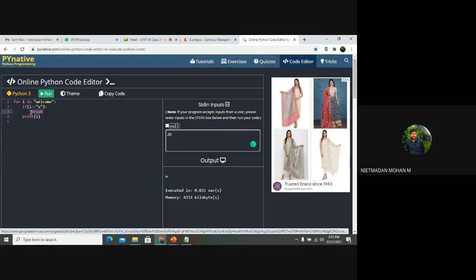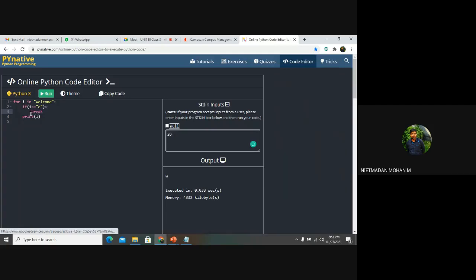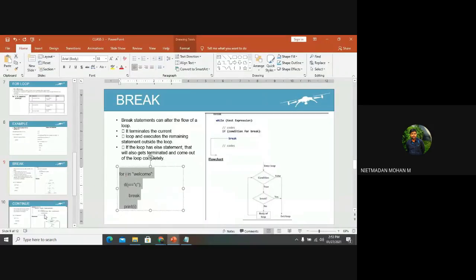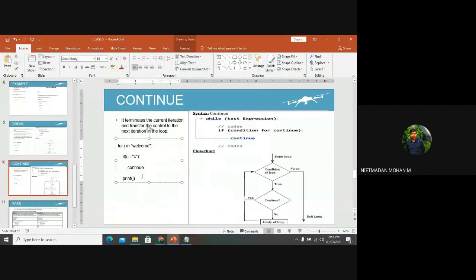Yes, sir. So this is the basic thing. If you want to terminate a particular program after finding your answer, after getting your proper output, then you can break those statements and execute the remaining part of your program. So this is the major condition of the break. It will break all the statements in a loop, terminate from the loop and execute the remaining part of your program, right? So this is the basic thing of the break statement, and the continue statement will be there.